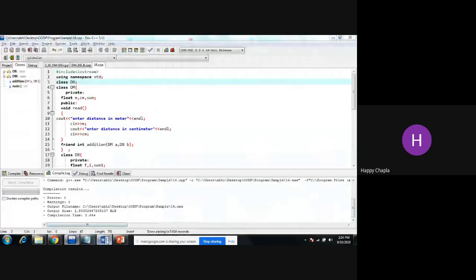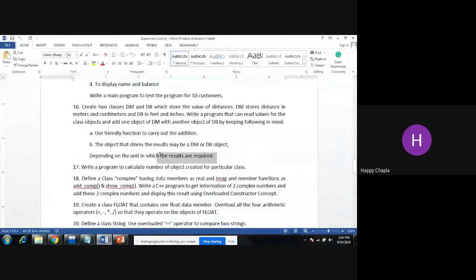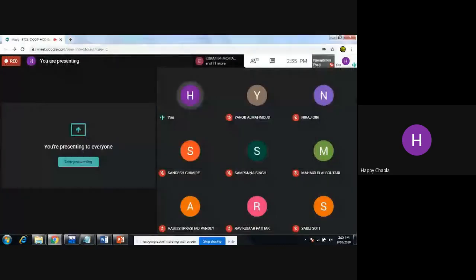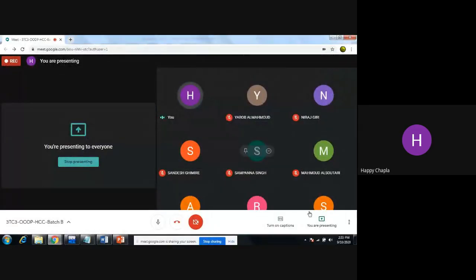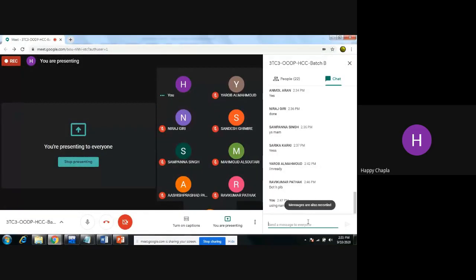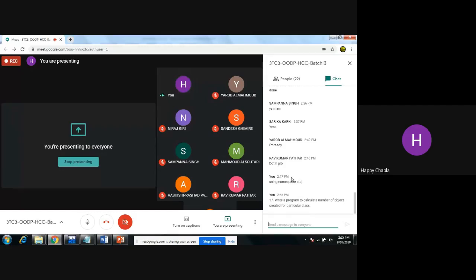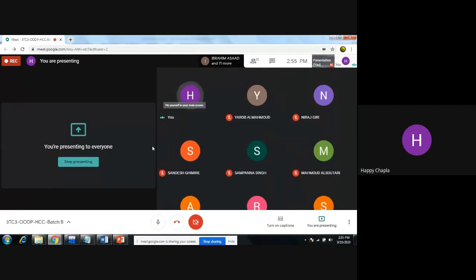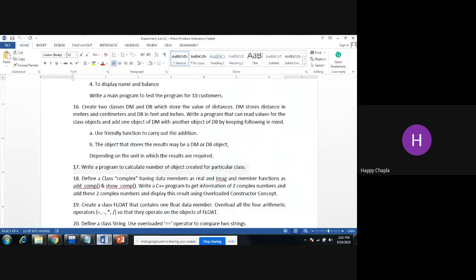Okay, so now we'll move towards this 17 number question. This 17 number question we have already discussed in the class section, when we had the lecture session on the destructor. We have discussed this question. So what they are going to say over here is: write a program to calculate the number of objects